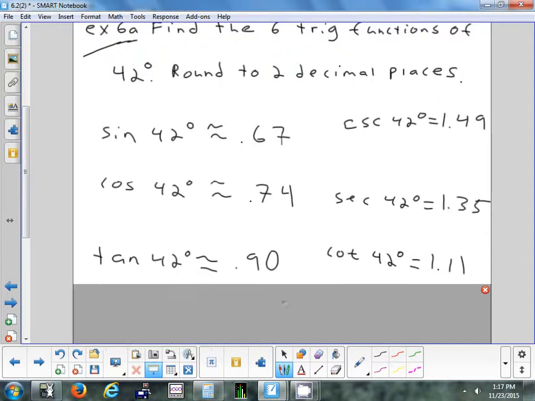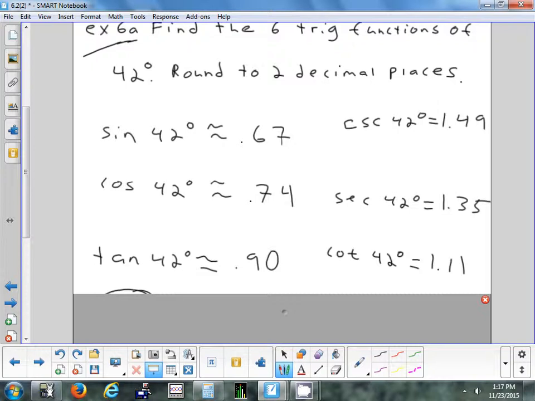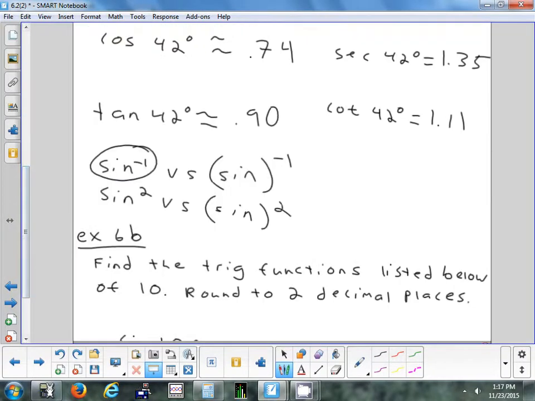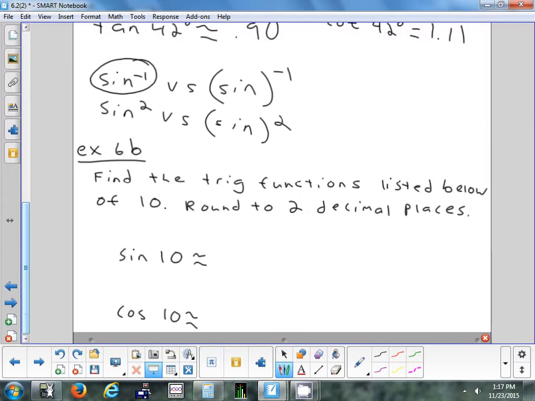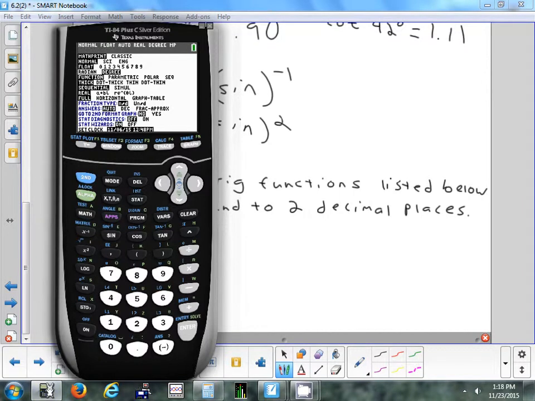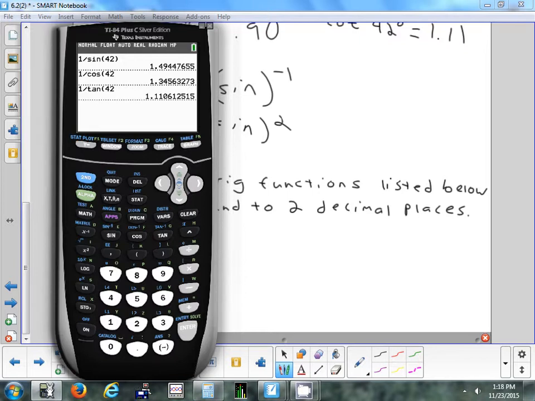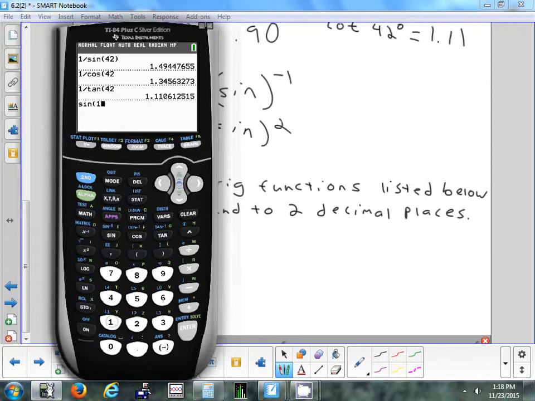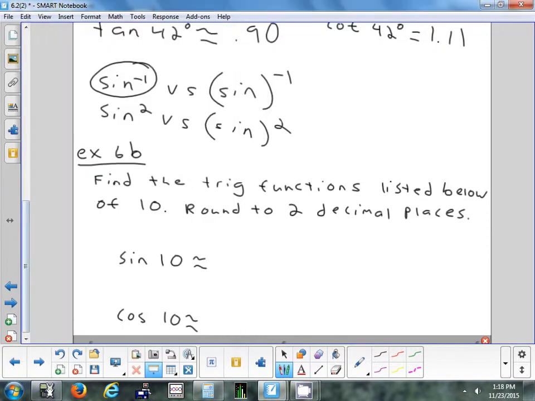Okay, so any questions on that? Okay, what's the big difference between this problem, which we're only going to find 2 of them, and the one above? Besides the fact we're only finding 2 trig functions instead of 6. It's in radians. So if you just type in sine of 10 right now, it's wrong. First thing you got to do is go to mode, go to radians. Now we're all set. What is it? 10. Okay, so sine of 10, negative 0.54,